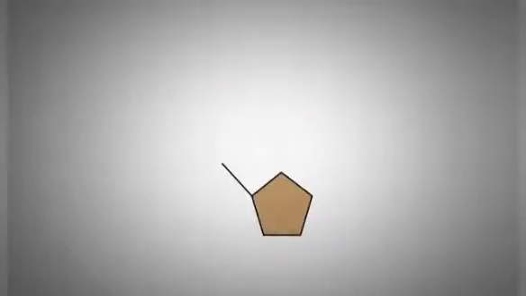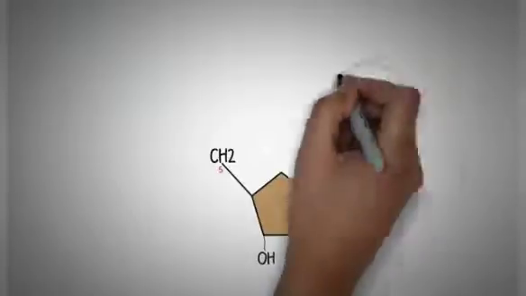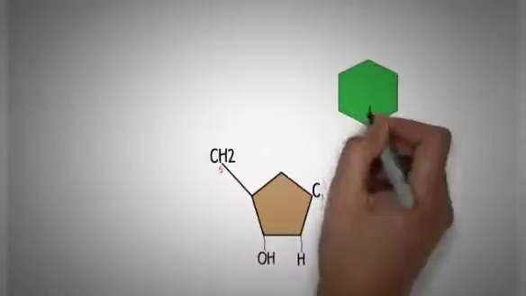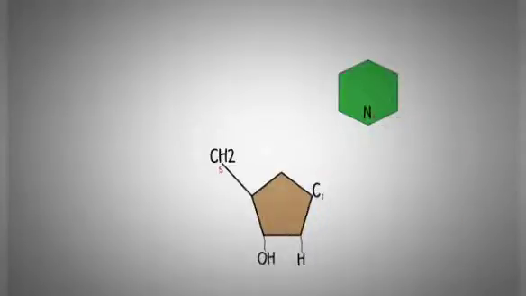So if we take a sugar and name just the important carbons here, which will be the carbon number 1 and the carbon number 5, and of course you can see that at the carbon number 2 there is only a single hydrogen atom, so this sugar will be a deoxyribose. Now to pair this deoxyribose sugar with this pyrimidine ring, the bond formed will be between the N1 of the pyrimidine ring and the C1 of the sugar.